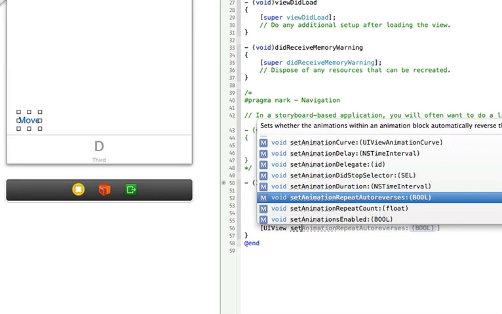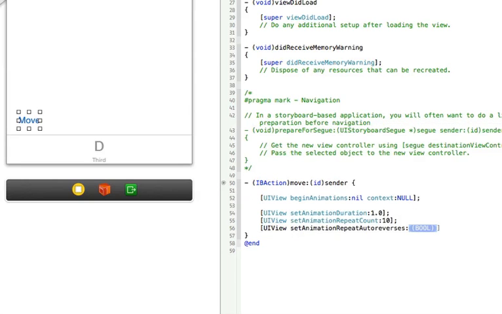So this is the one just above there. It is Boolean, and it is going to be yes. We do want it to auto reverse,